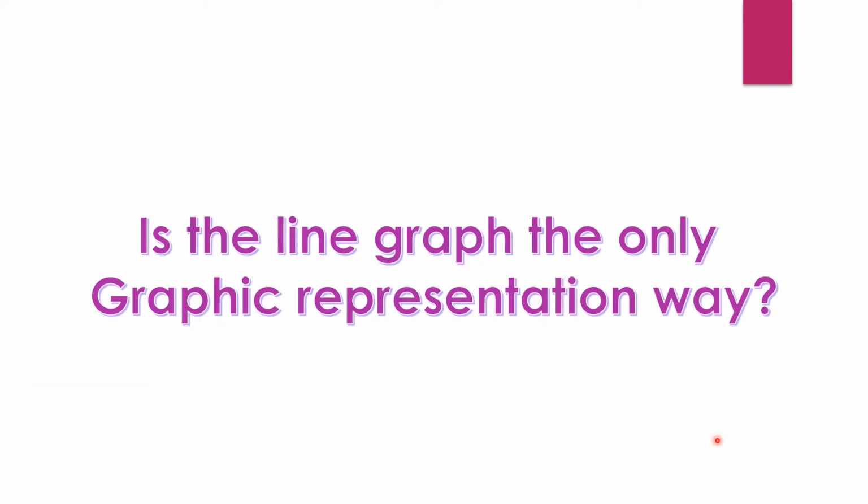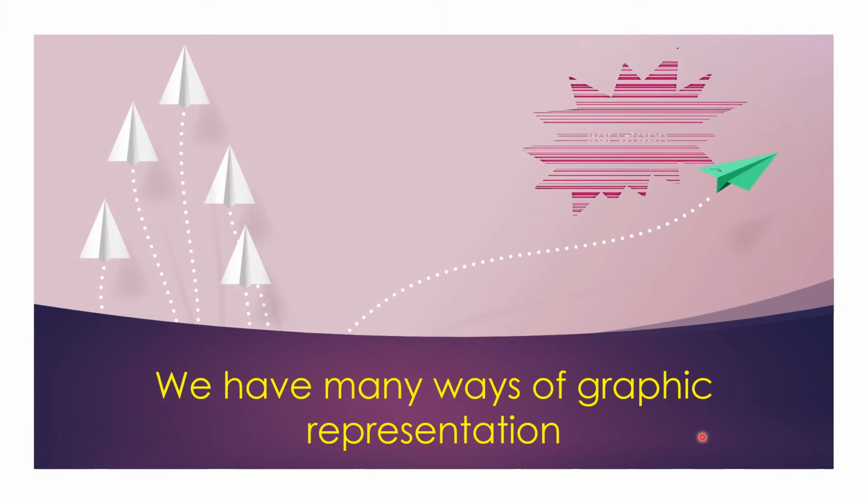If the results are different, this means that this is a graph that represents a non-uniform speed. Okay, the graph that we just examined is called the line graph, but this is not the only type of graphs that you can see on the internet or in mathematical problems. We have many types of